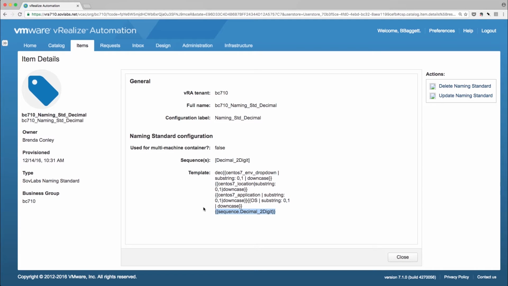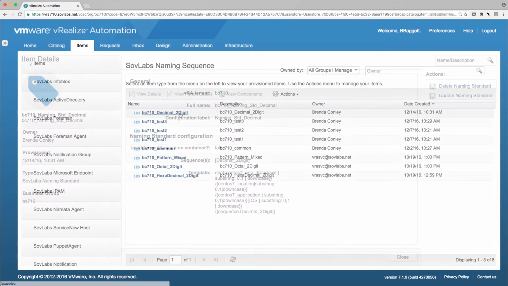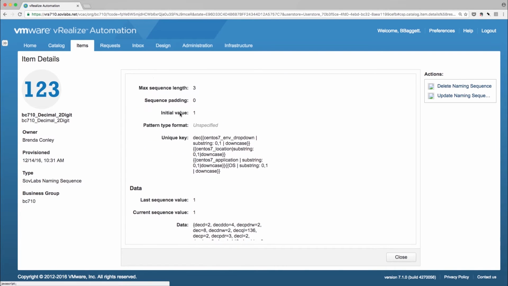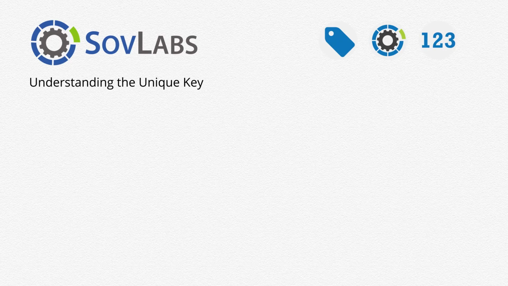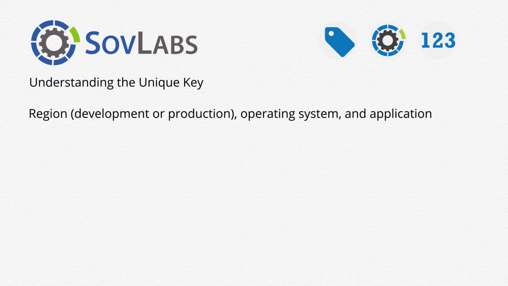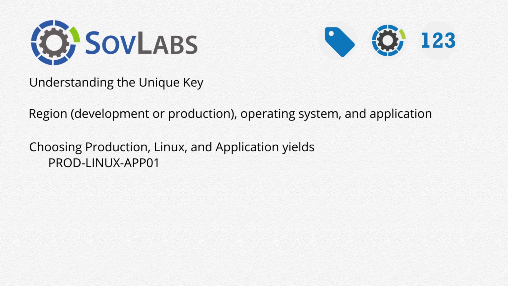Now let's return to the concept of the unique key from the previous step for just a moment. The unique key is an extremely powerful option. By using vRealize Automation properties in this sequence, you can allow variations on your hostname by region or environment without creating multiple naming sequences. Let's consider the following example. Let's say you have a hostname that is defined by region like development or production, an operating system, and an application like this,